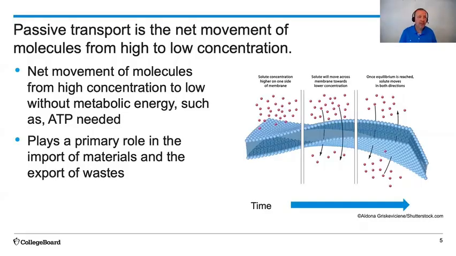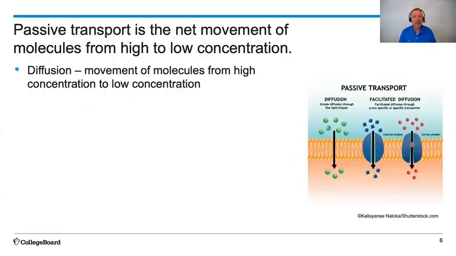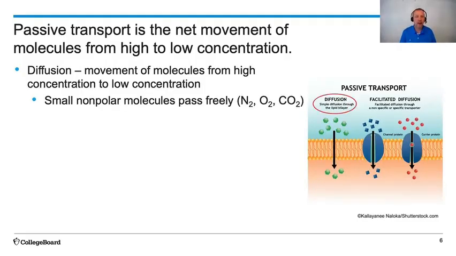There's two types of passive transport. The first type is diffusion, where the movement of molecules from high concentration to low concentration is just directly across the membrane. What type of molecules do that? That would be small nonpolar molecules such as nitrogen, oxygen, carbon dioxide. But what if their molecules are not small or nonpolar? Well,